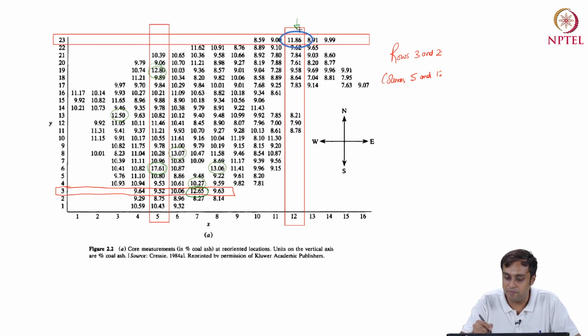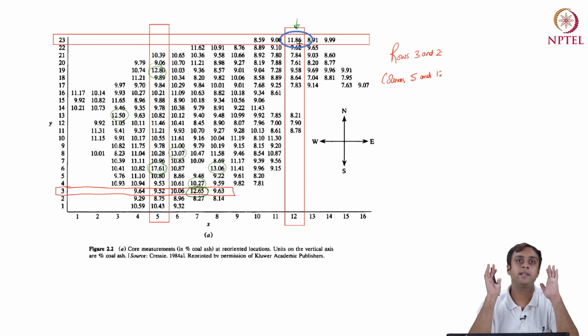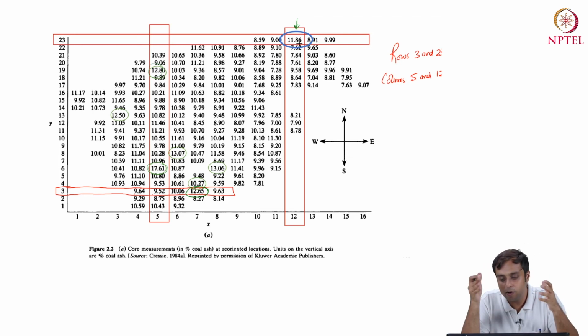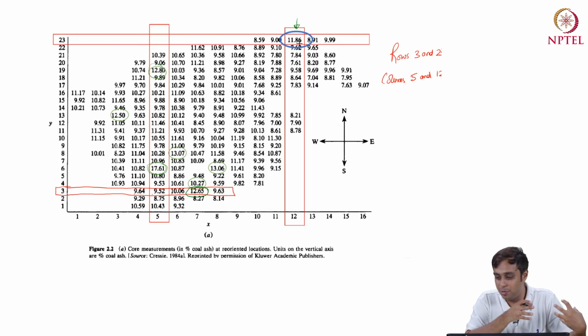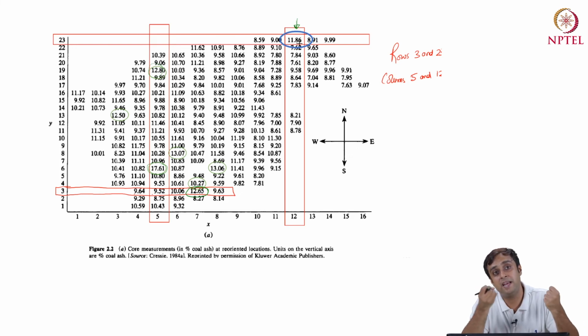In column 12, again, we have 11.86. So 11.86 turns out to be a value which, if we were to just look at the stem and leaf plot, we might not find very problematic. But as soon as we move on to this more sophisticated mean minus median based U statistic, this value, which might not otherwise pop out, turns out to be a candidate for an outlier.